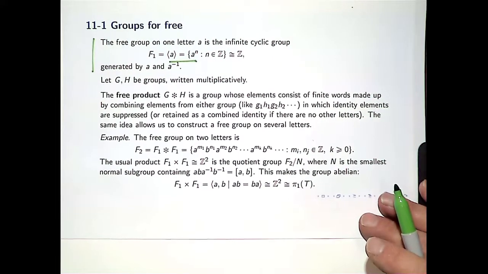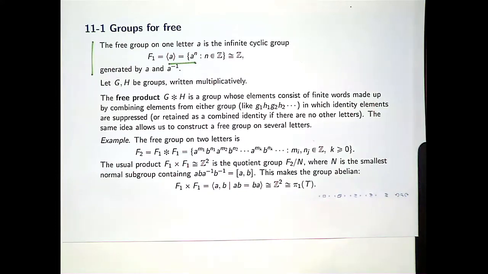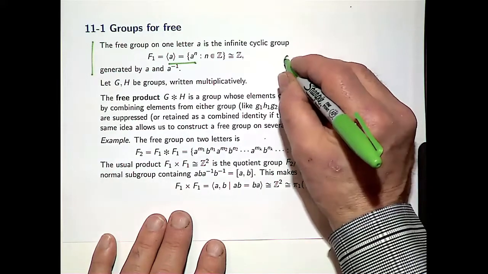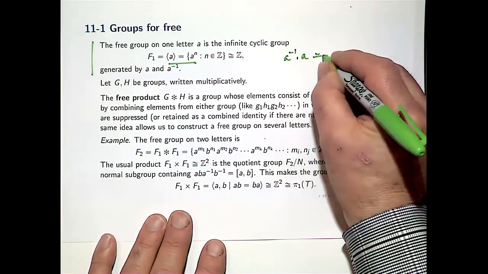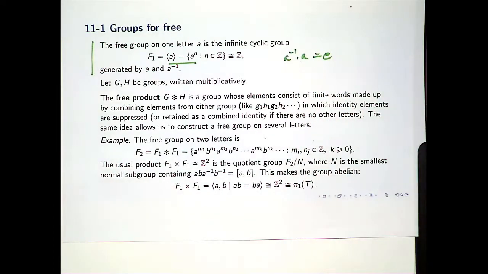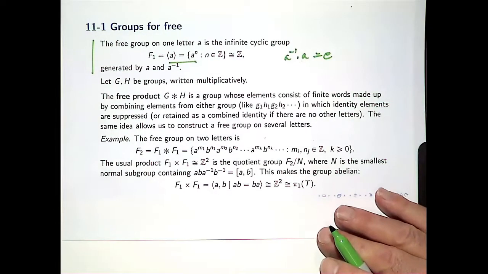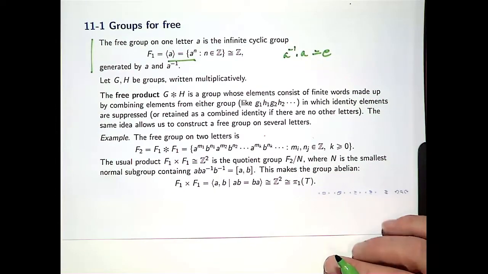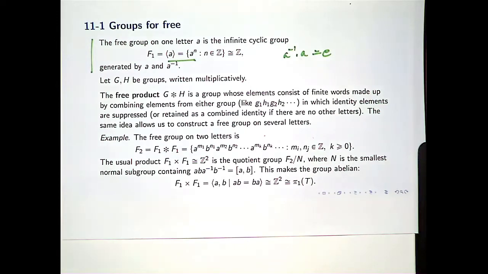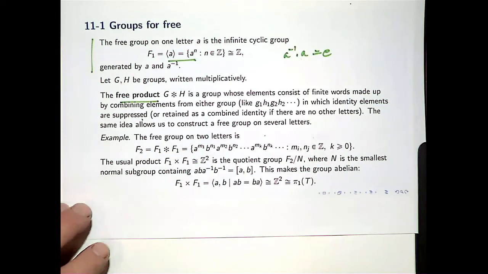So that is a free group in the sense that there's no extra relation, apart from the obvious relations like A inverse times A is the identity, but that's part of group theory, and that's accepted. But there are no other relations. Okay, but when you want to start talking about free groups on more than one generator, then you do get something new, in the sense that if you want to define what's called the free product of two groups,